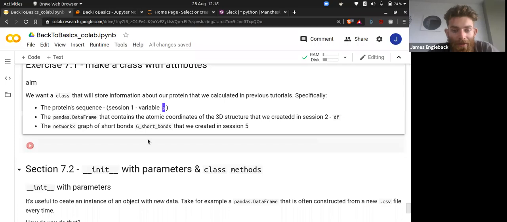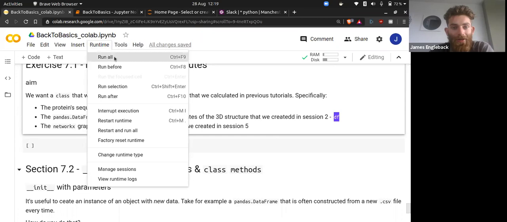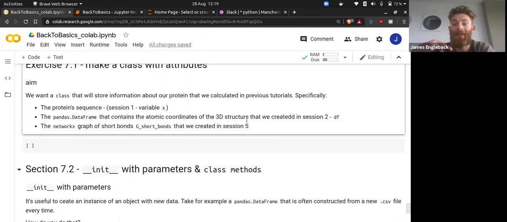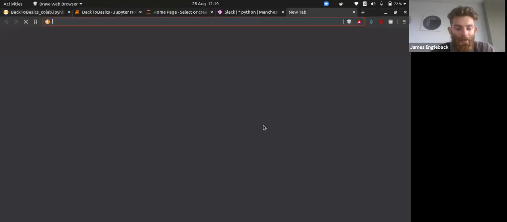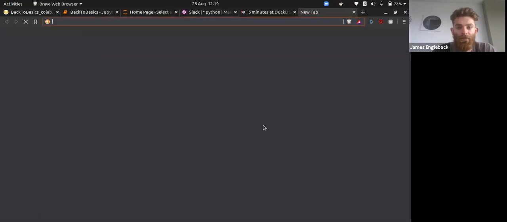To save you from looking these up, I've put the names of the variables in here. If you haven't run all of the cells already, then I recommend maybe do run all or run before, just to make sure that in your runtime, the variables actually are set. And I'll give you a couple of minutes to do that, maybe 5 minutes,